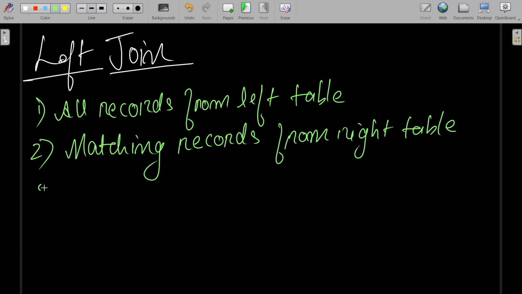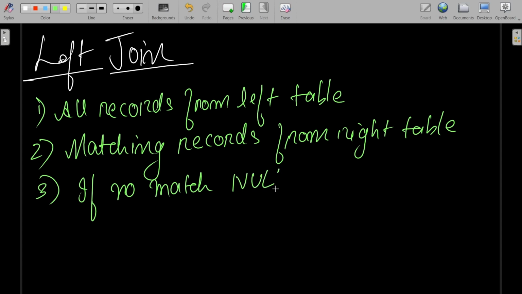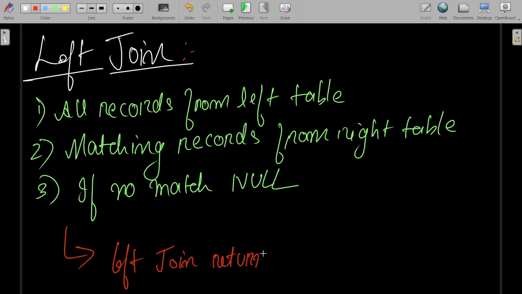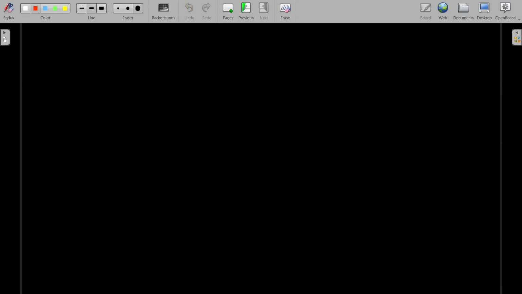Third, if no match, then null. Okay, this is the three things what left join returns. So left join returns. Okay, so if I go in more depth, or if I try to put it in a simple line,